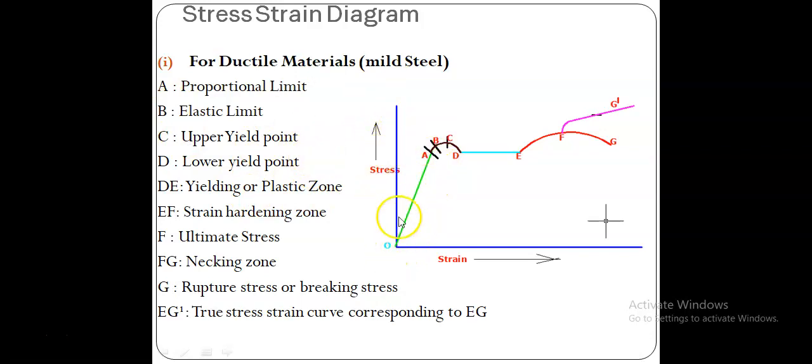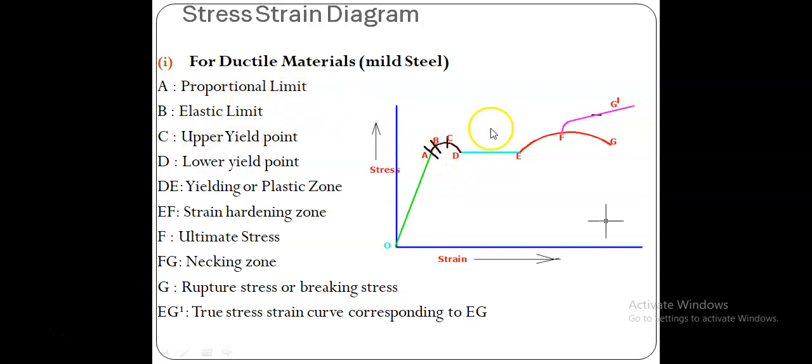We took different observations at different states of load, from which we can plot this kind of curve. So this is nothing but the stress strain curve of mild steel. Here we have crossed a large range of loads as well as stresses while increasing the load. First, from 0 to A, there is a straight line range, that is the linear range, origin O to A, OA. At A it is called the proportional limit.